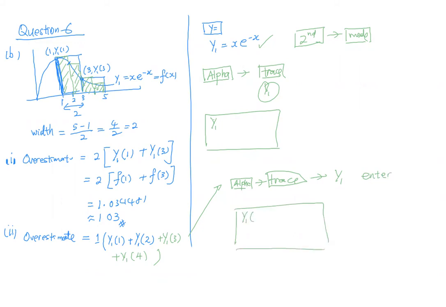Then I key in 1. After that, I repeat, I put a plus, then I repeat this again. Then I put in Y1, 2. Then I repeat again, then I put Y1, 3. Then I repeat again. Then after that, I press enter. So the answer will come out as